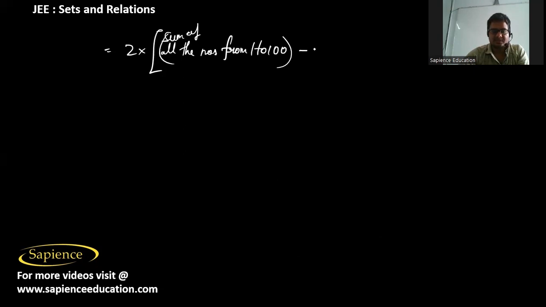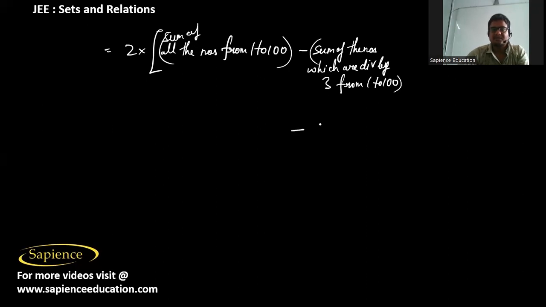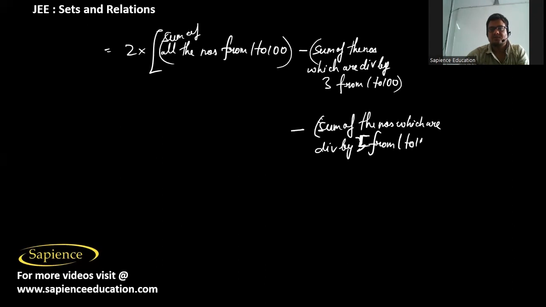So therefore that will be equal to 2 into the sum of all the numbers from 1 to 100, that minus the sum of the numbers which are divisible by 3 from 1 to 100, and minus the sum of all the numbers which are divisible by 5 from 1 to 100, then